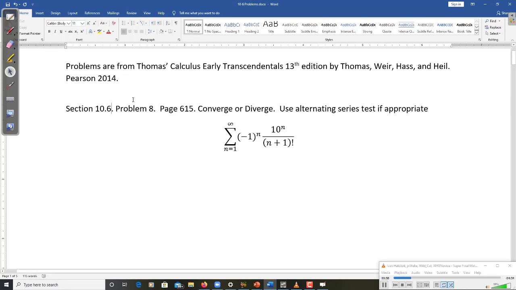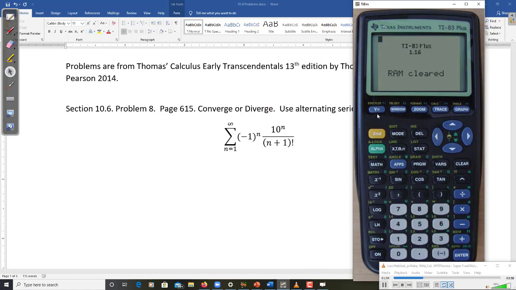And the tricky thing with the alternating series test is it has several conditions. Your u sub n's eventually have to be decreasing towards 0 is the big one. And they have to be positive. So you're ignoring this part. They're clearly positive. I mean, 10 to the n is always positive. N plus 1 factorial is always positive. But is it eventually decreasing? Well, probably the easiest way to get a sense of that, it's by no means perfect, but